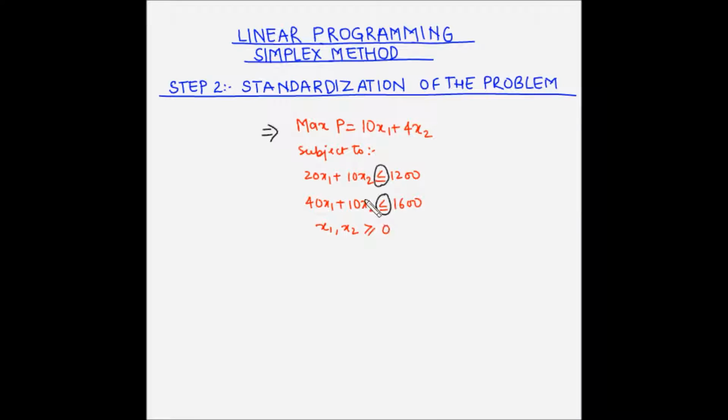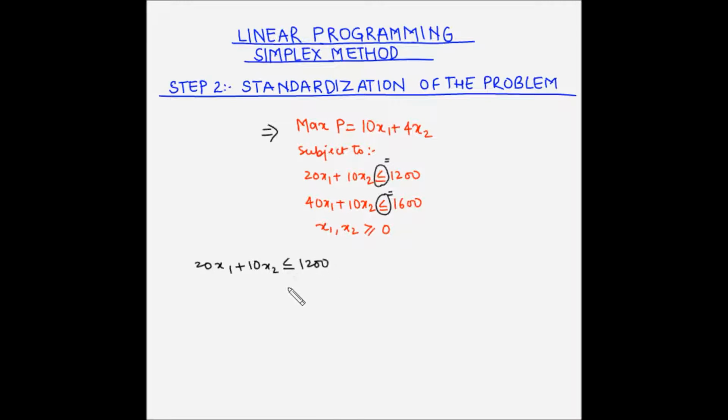Now in order to solve this LP model using the Simplex method, we need to convert the constraint inequalities into equations. That means we need to convert this into an equal sign. So what that means is we have to make the left hand side equal to the right hand side for both these constraints. Now let us consider the first constraint, which is 20x1 plus 10x2 is less than or equal